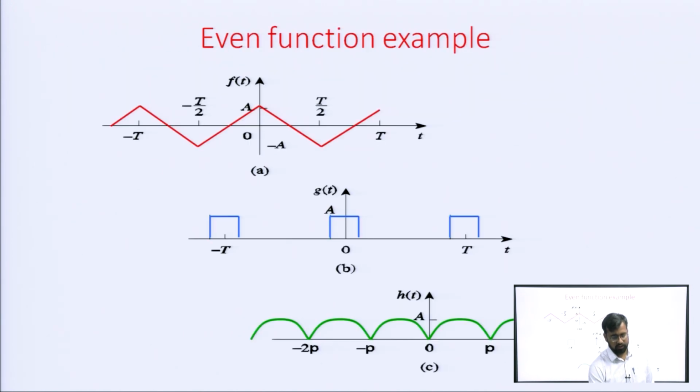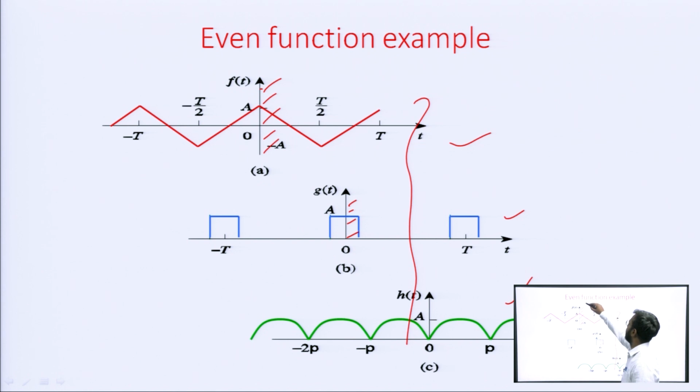Again, you can see this is an even function. How can you say this is an even function? All three signals are symmetric around the y axis, meaning if you fold this, using this axis as a mirror, then you will get this mirror image. Again if you use this as an axis, you will get this mirror image. So, these three are examples of an even function, because it is symmetric around the y axis.